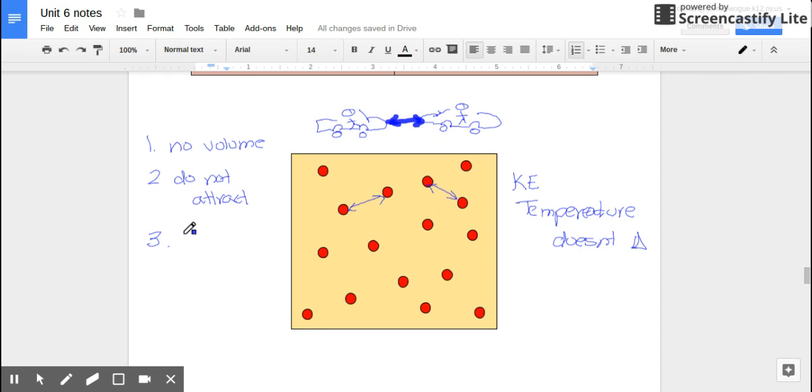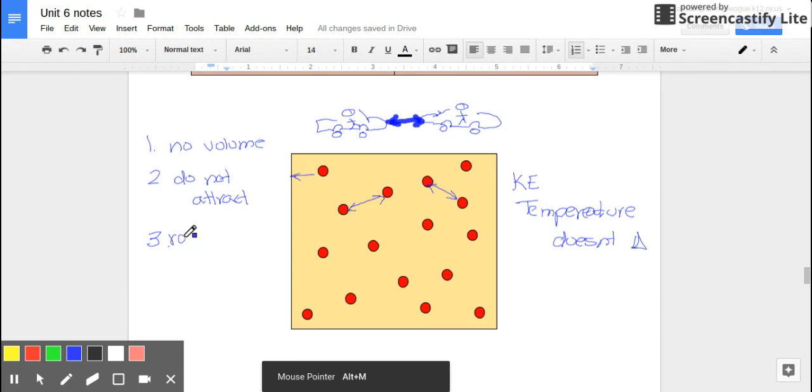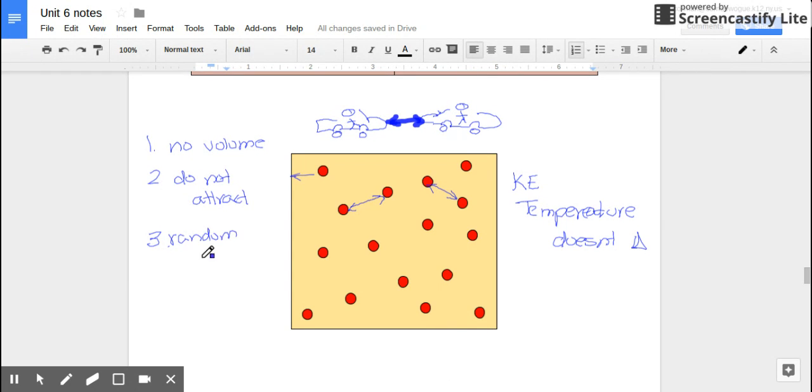Number three, they have perfectly random, continuous motion. They're random, continuous motion. That means they never stop. And then finally, that when they do collide with one another,